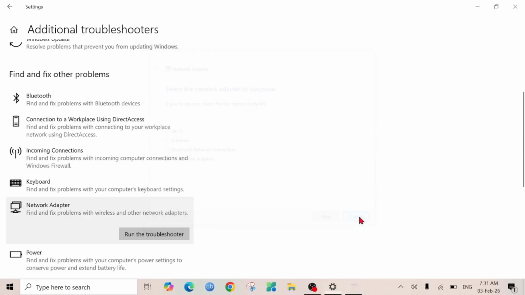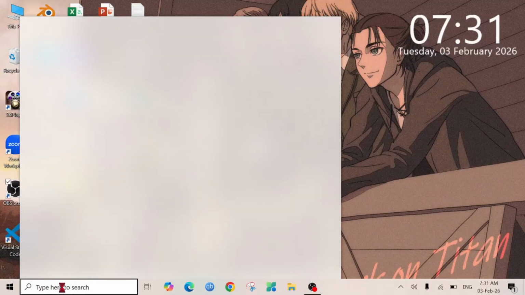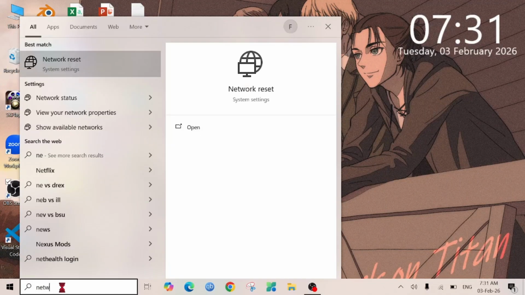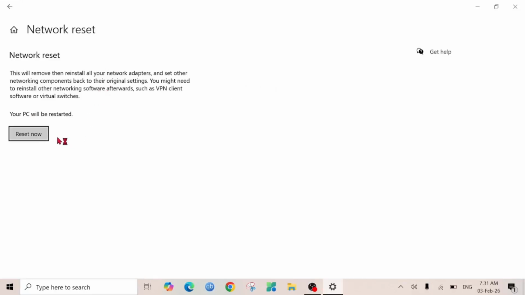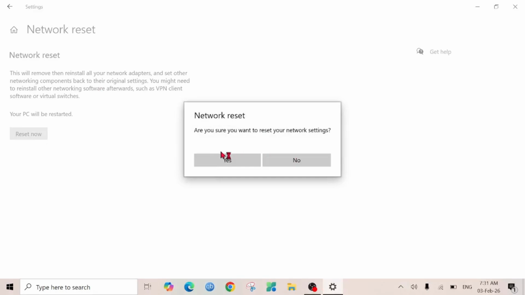If this doesn't work, the second method is, in the search option, just type network reset. Click it to open and select reset now and select yes, and after that the PC will automatically shut down after 5 minutes, but you can restart your PC and see if the problem is solved or not. If you are connected to a Wi-Fi, you have to give the password again and connect to